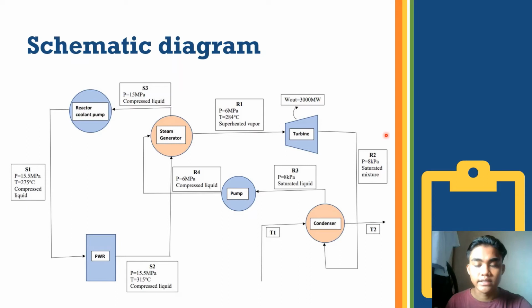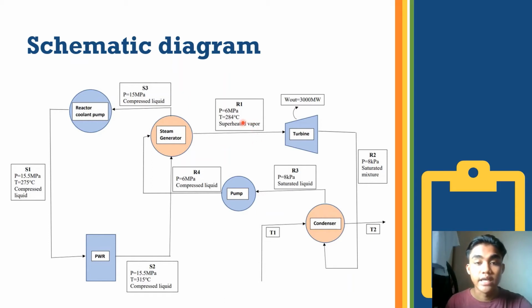As for the right side cycle, the fluid will flow through R2 as a saturated mixture at 8 kilopascals into the condenser and comes out as a saturated liquid at 8 kilopascals. And then the fluid will flow into the pump where it is compressed into compressed liquid at 6 megapascals and then flows into the shell part of the steam generator and comes out as a superheated vapor at 6 megapascals,